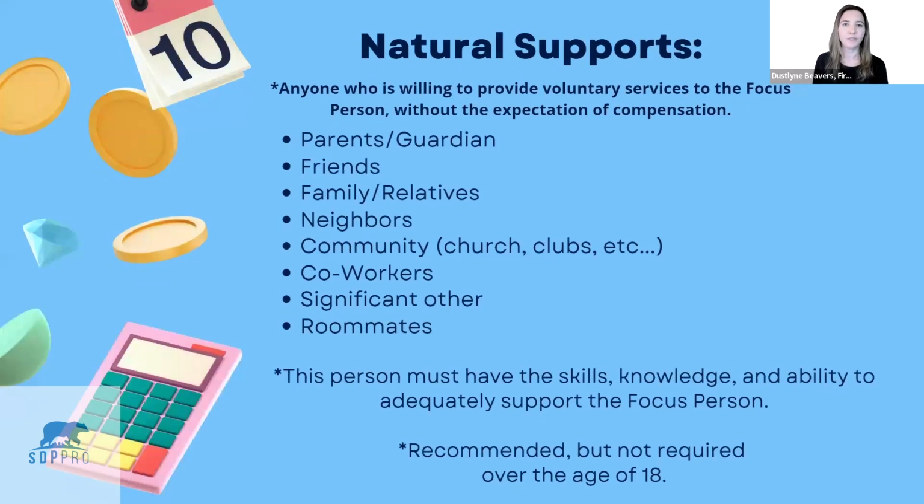The other term that you're going to hear a lot is natural supports. This was a little tricky. For those of you with children under the age of 18, you as a parent are considered a natural support and you have parental responsibility. Now, those of you who are parents of adult children over the age of 18, while you could be a natural support, you don't have the same legal responsibility like a parent of a minor child. But Regional Center is still going to talk to you about natural support. So it's important that you understand and are prepared to answer.